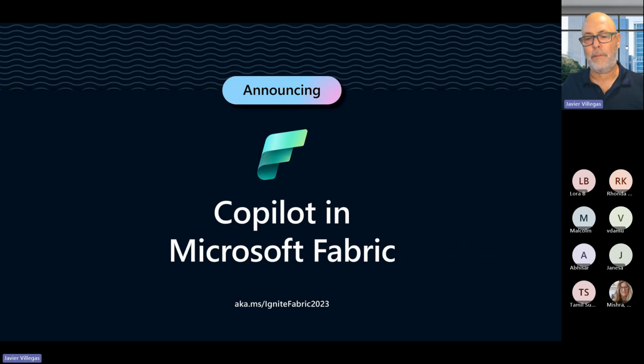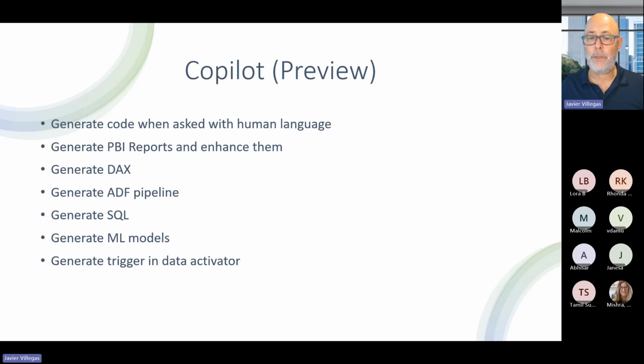So we also have Copilot within Microsoft Fabric. As we said, Copilot will give us the possibility of applying AI to the Fabric components. So what can we do within Fabric using Copilot? Well, it's going to help us generate, for example, Power BI reports and enhance the existing ones, and generate DAX code if we are working with a semantic model. When we try to discover and create the Azure Data Factory pipelines, it's also going to help us, and it will help us generate SQL code, Python code, or, if we are working with Data Activator, develop the triggers. All this